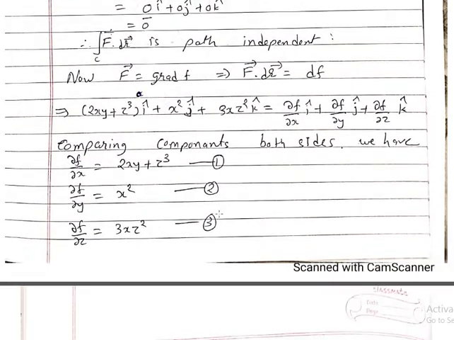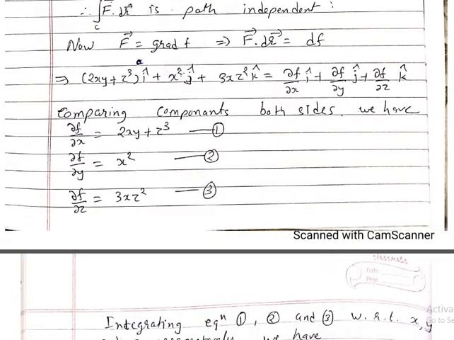Now we are starting with F bar is equal to grad f, and that implies F bar dot dr is equal to df, which we have obtained already in the last lecture. So today we are going to use it directly. So F bar is equal to grad f, so F bar, which is (2xy plus z cube) i plus x square j